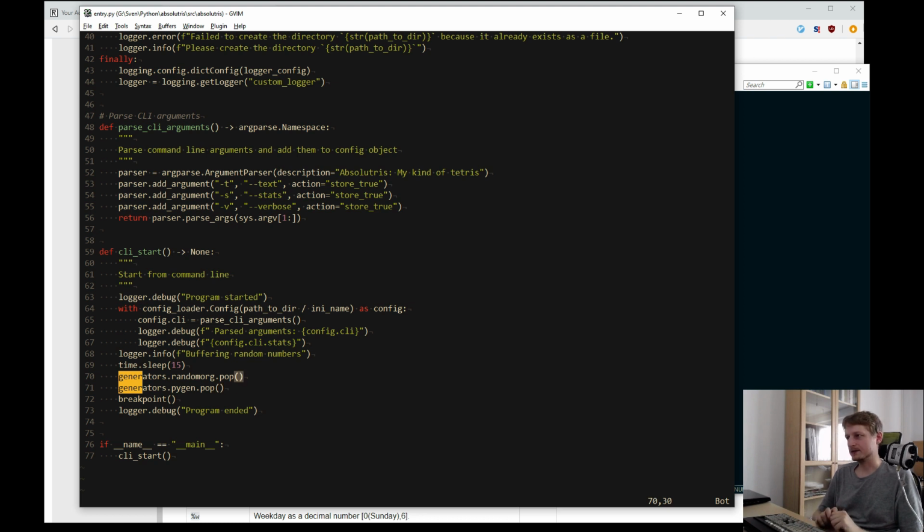So I decided to define tetrominos my way, which currently are not even written here. Nothing's written yet.